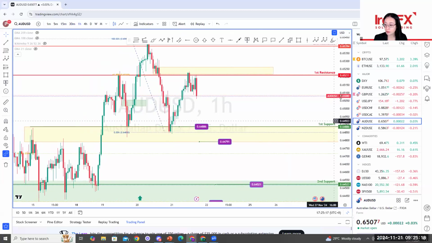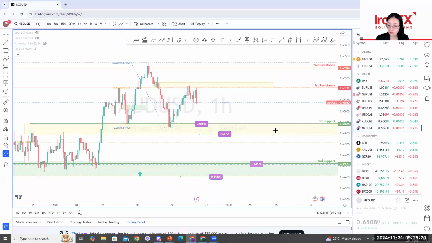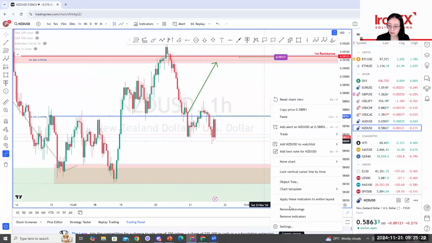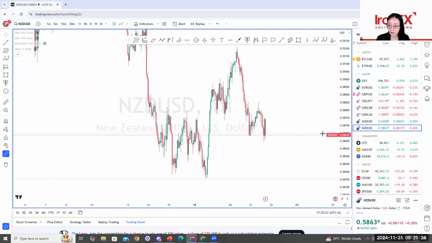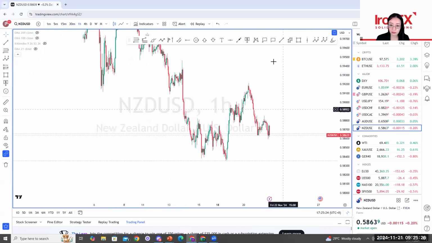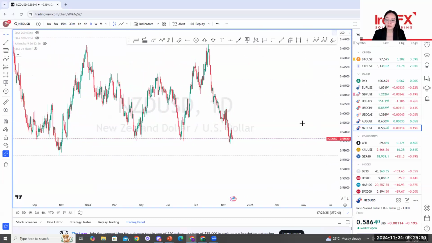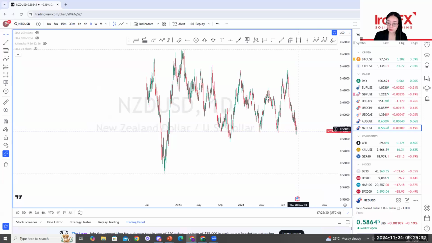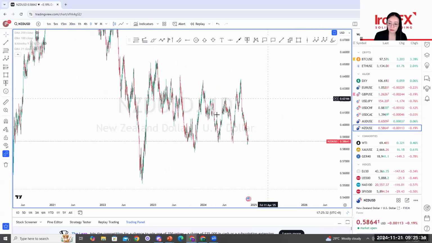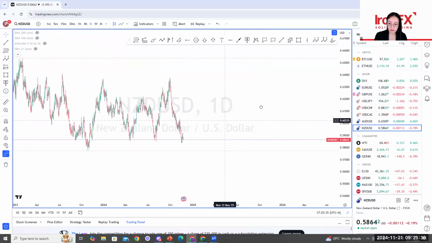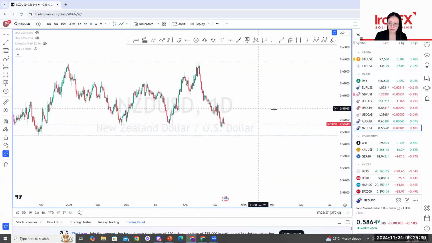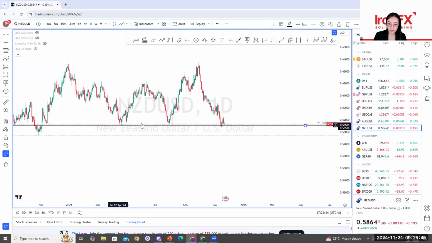Then we continue. I just remove everything, back to the fresh one. Go to the higher time frame. They cannot close below the daily time frame, which is where the support level is right here, the swing, right? From this one,